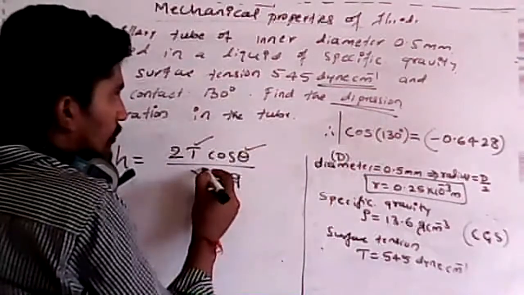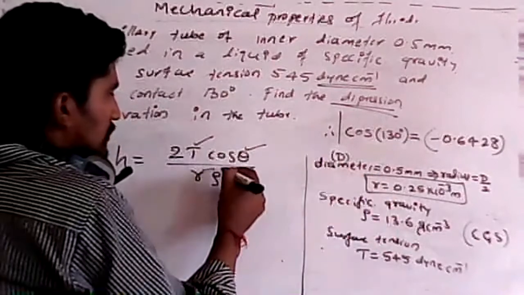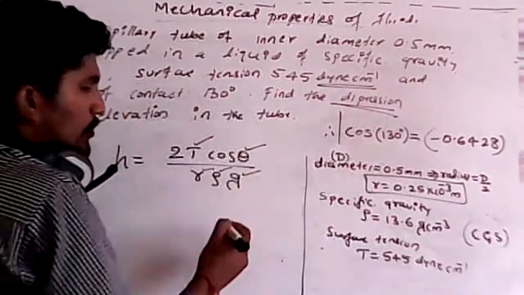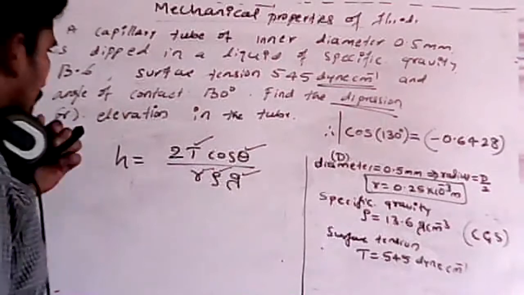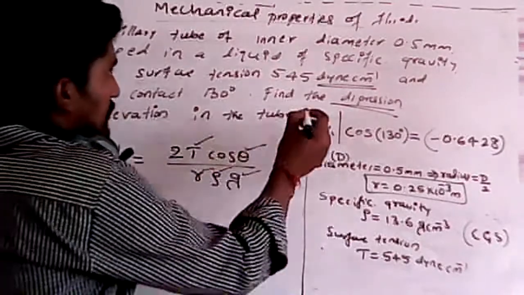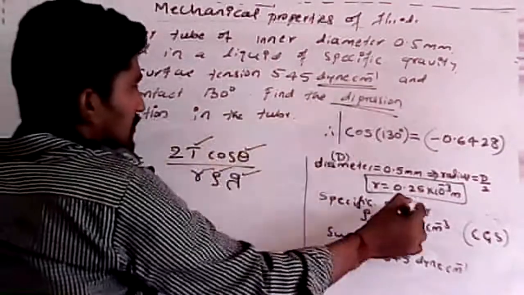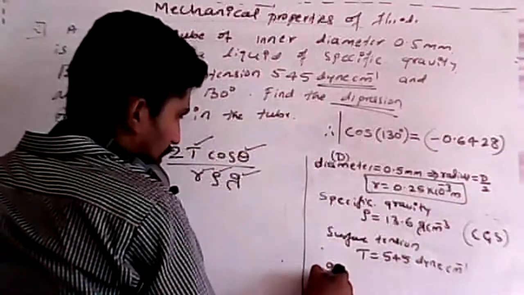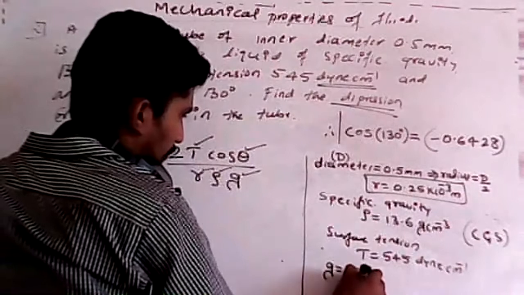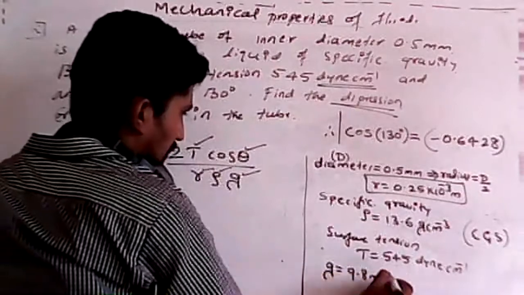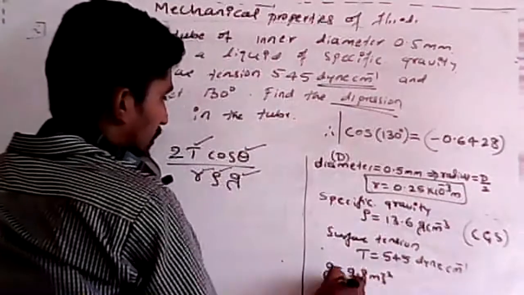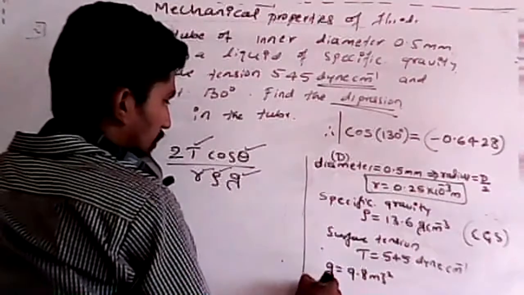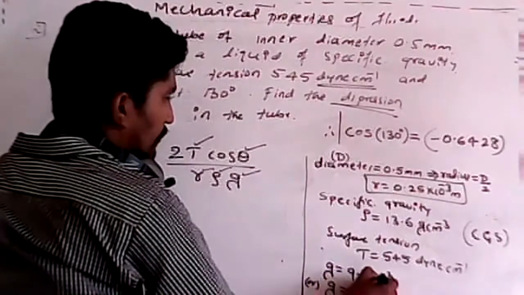So r value you already know from this. This you know. g value, what is g value in this particular case? Just I told you, this is also in terms of centimeter, in terms of gram and centimeter. So don't write g value as 9.8 meter per second square. This comes under meter, but here we want it in terms of centimeter.